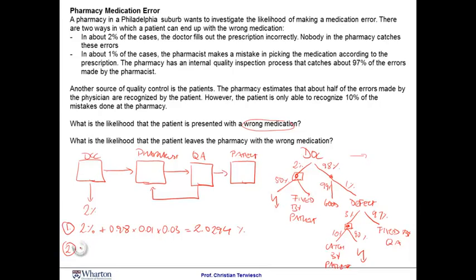So those 2%, those 0.02, we're only interested in half of those cases because the other half is caught by the patient, plus 0.98 times the same as above, 0.01 times 0.03 times now 0.9, which is the probability that the patient doesn't catch the mistake. And that gives us a total probability of